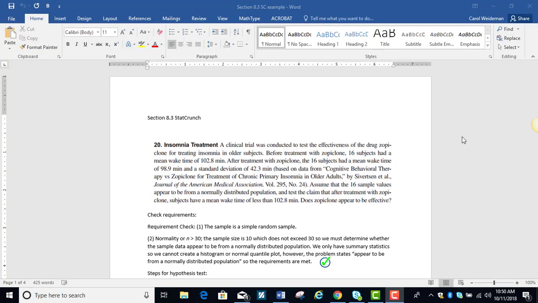Section 8.3 StatCrunch will work two problems from the ebook. Problem 20, Insomnia Treatment. A clinical trial was conducted to test the effectiveness of the drug zopiclone for treating insomnia